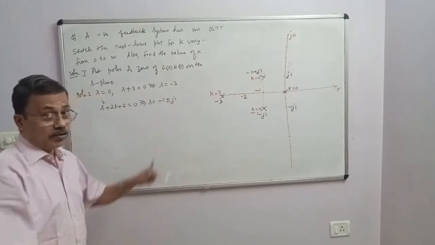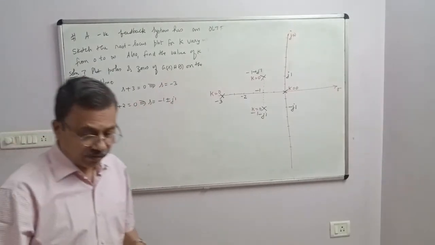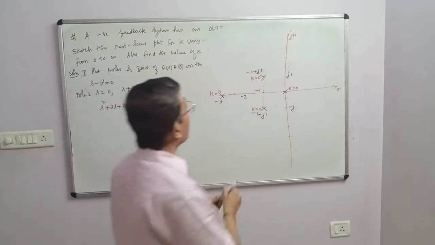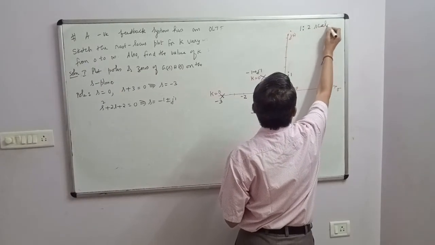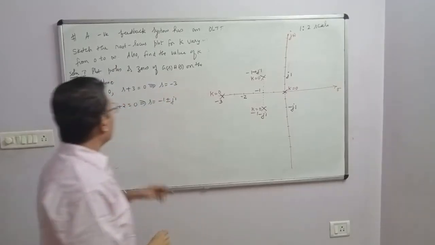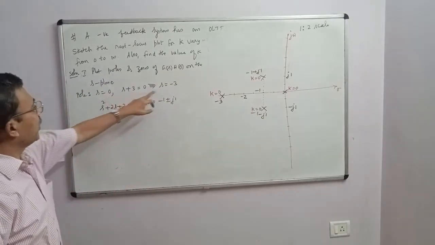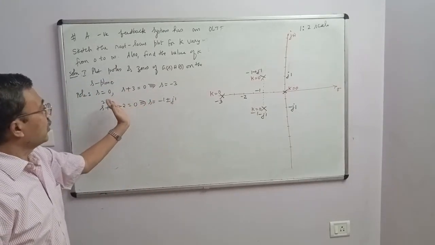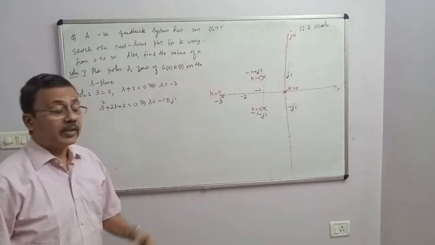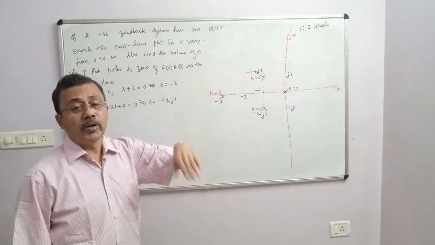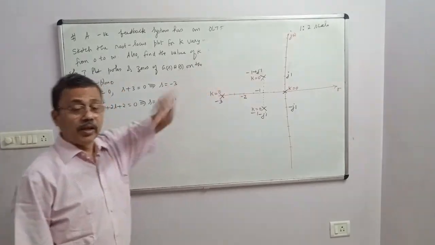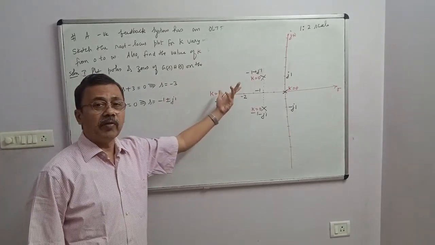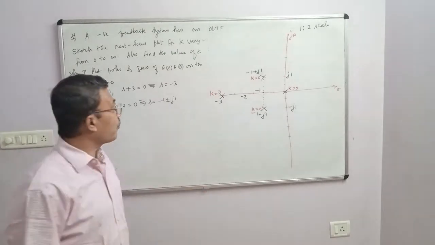Take one graph sheet. This has to be done on the graph sheet. Please remember this. We have taken 1:2 scale. Anything that you have to enter, you have to multiply by 2 and enter. Anything you take out from this figure has to be divided by 2. Please keep this in mind.